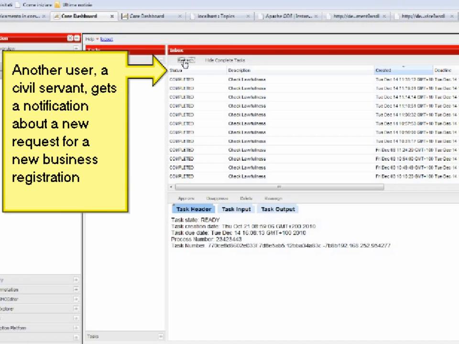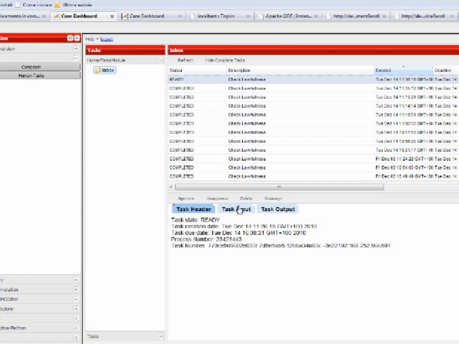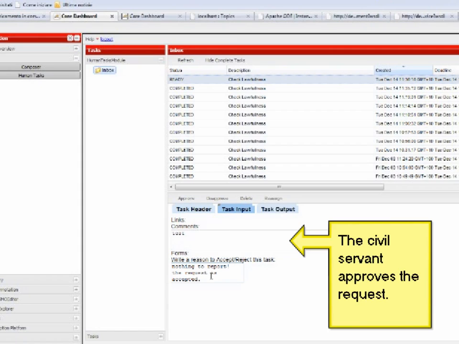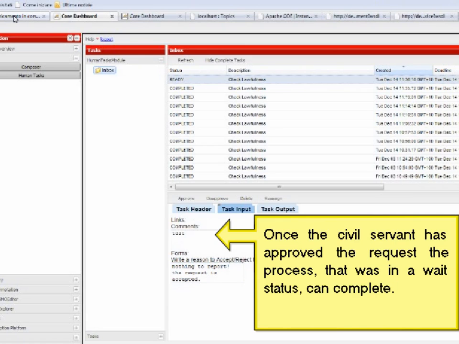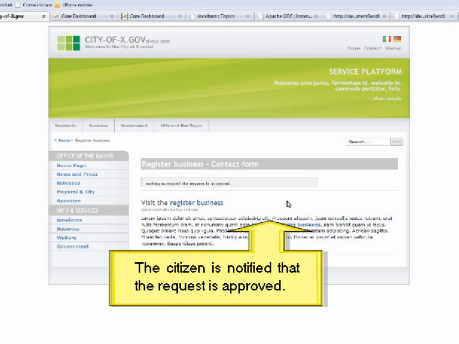The civil servant can handle the request through the execution engine interface. They'll review the information provided through the web form and eventually approve the request. Once the civil servant approves the request, the process handled in the execution engine can leave the waiting status and continue. The last step of the process is to notify the citizen through the interface of the City of X